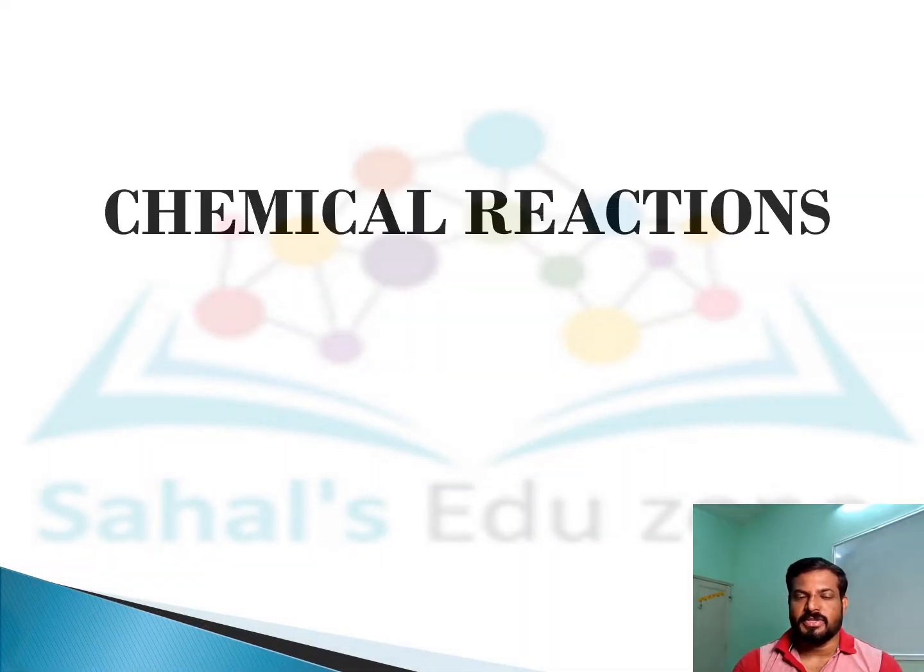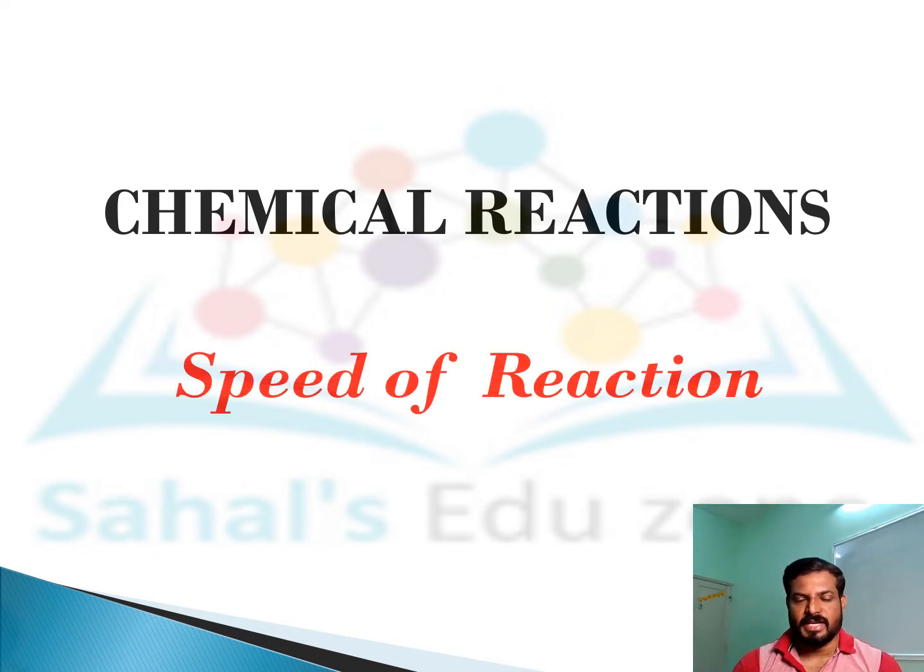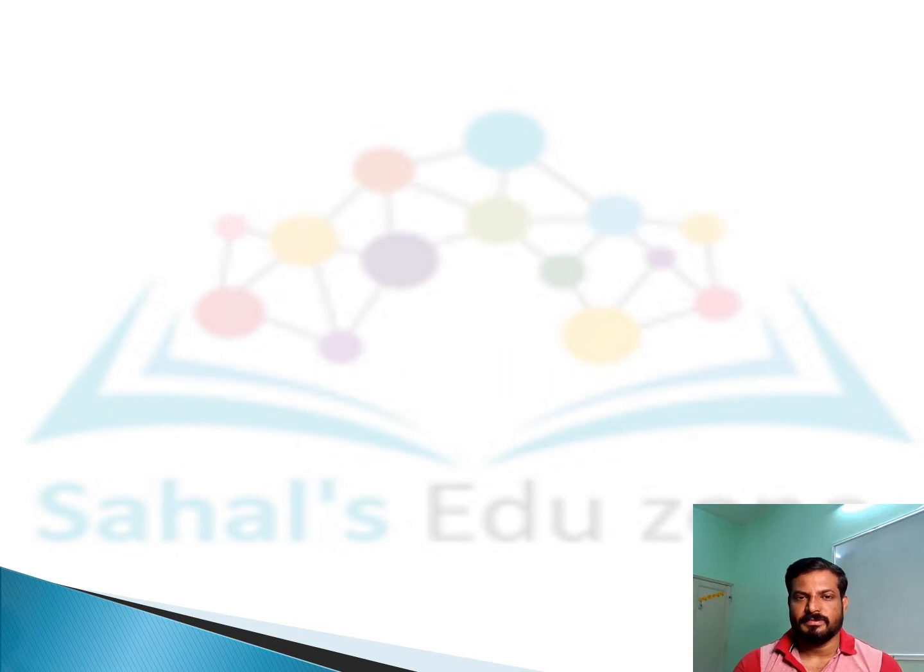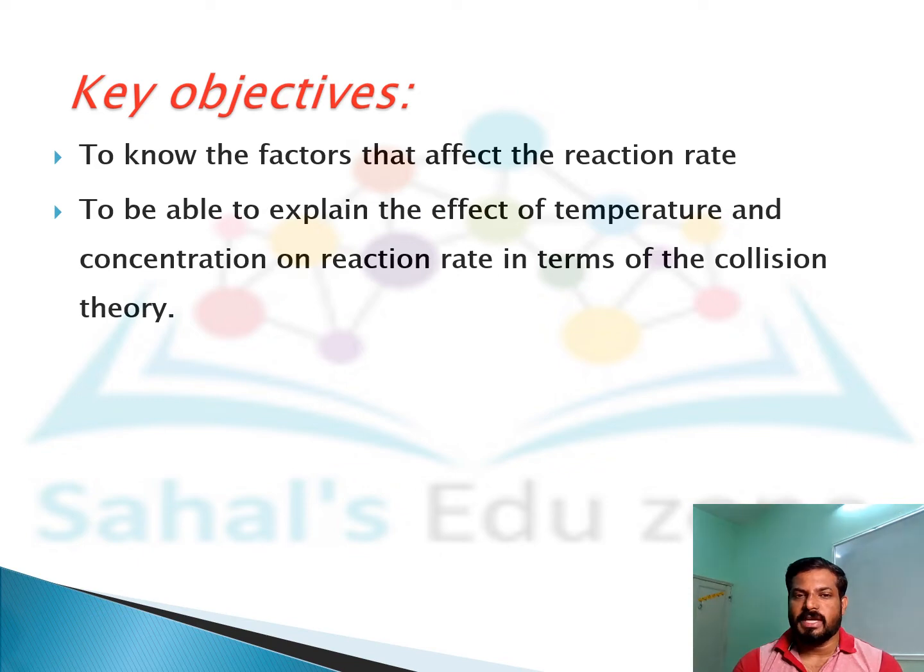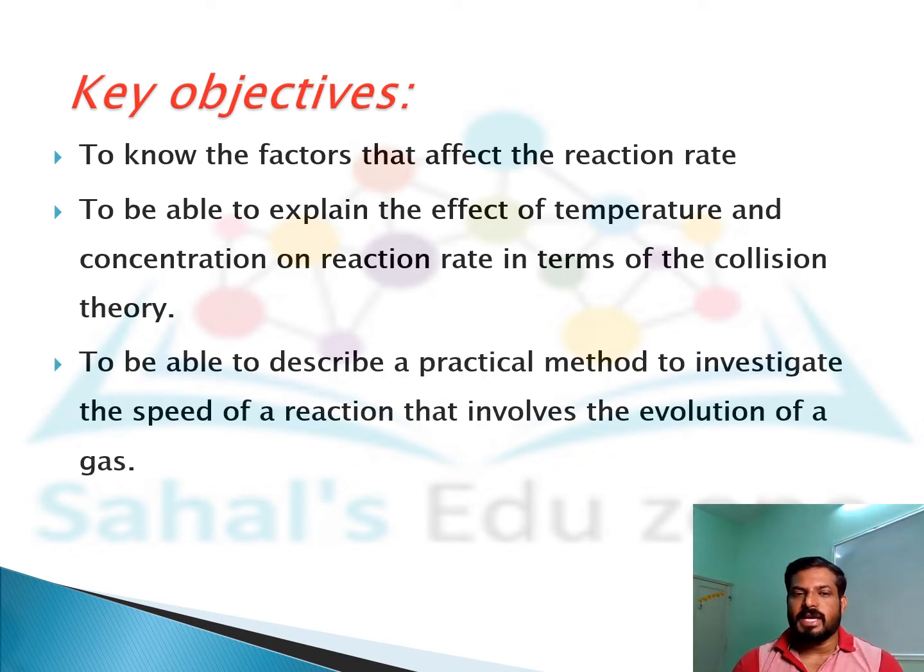Today we are going to discuss chemical reactions and the speed of reactions. Key objectives: to know the factors that affect the reaction rate, to be able to explain the effect of temperature and concentration on reaction rate in terms of the collision theory, to be able to describe a practical method to investigate the speed of a reaction that involves the evolution of a gas,